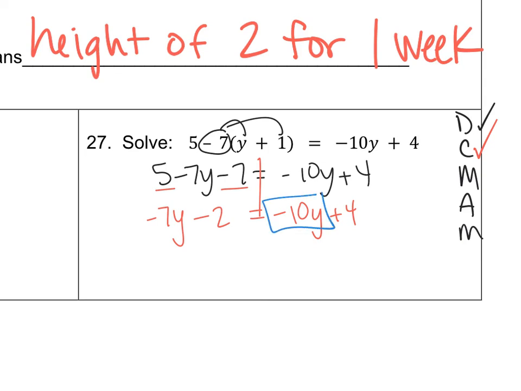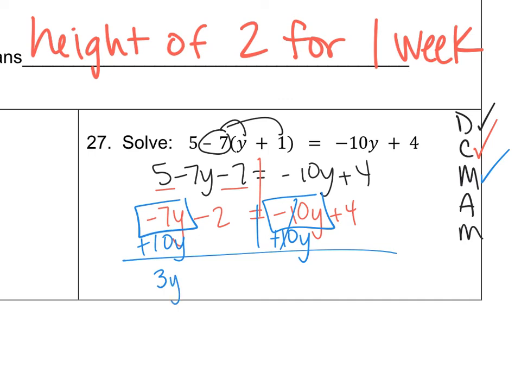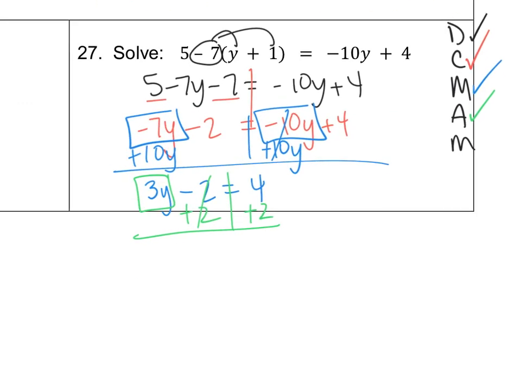I box my variable, and I do have y's on both sides, so I need to move 1. I'm going to move the negative 10. I can add or subtract outside that box, so I'm going to move the negative 2 by making it a positive 2. And then I can divide everything by 3, so y equals